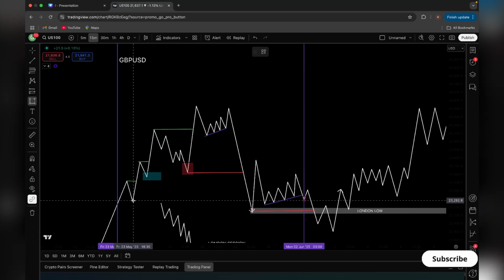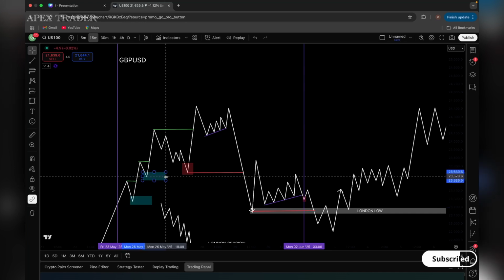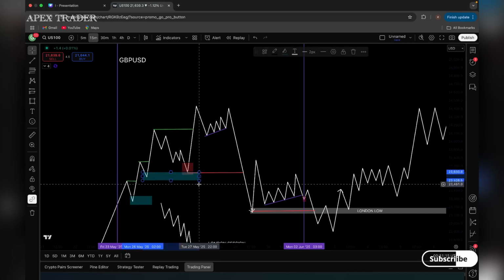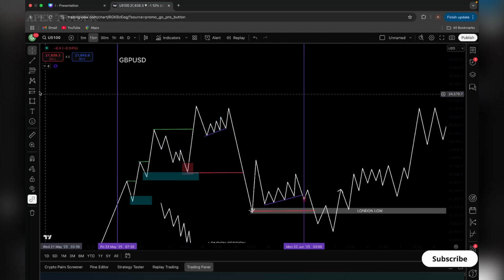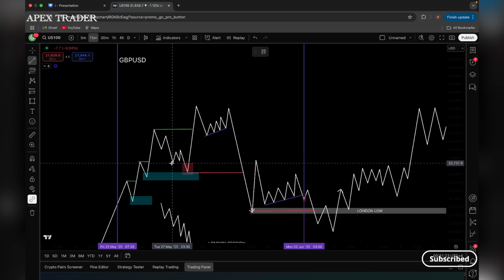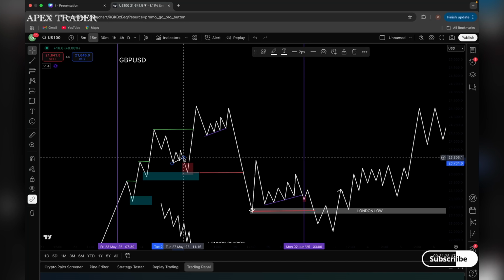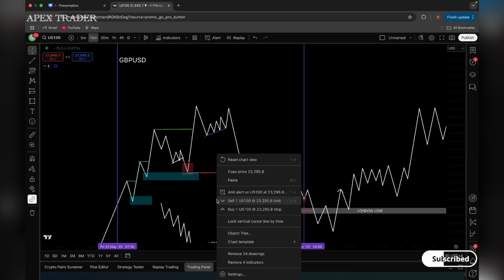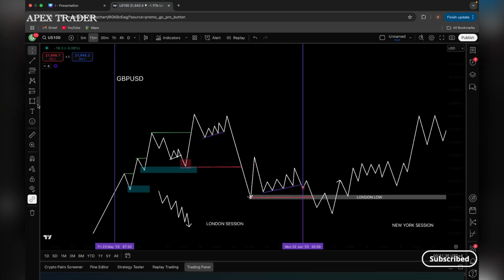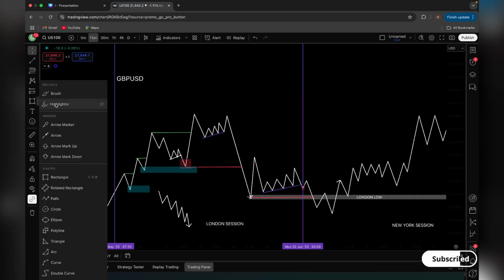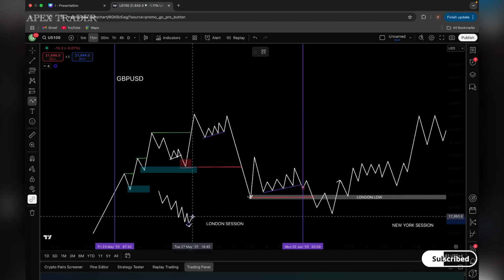I'll take one more zone here also, because it still didn't break. So we'll take this zone and extend it till here. You can see this zone. From here the price bounced back, and if you see here, there was a trend line liquidity. Now trend line liquidity means what? For example, in lower time frame, in 1 minute chart, it has trapped buyers or sellers. I'll show you like this. It made like this,